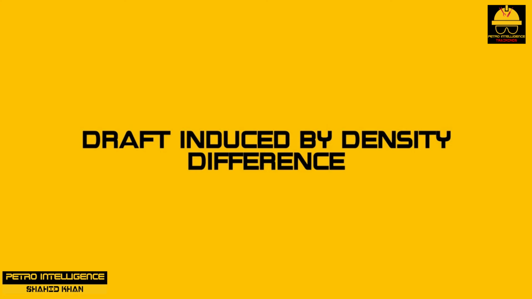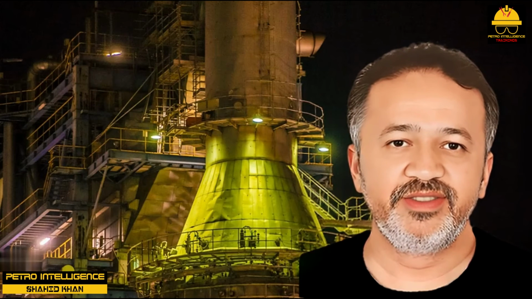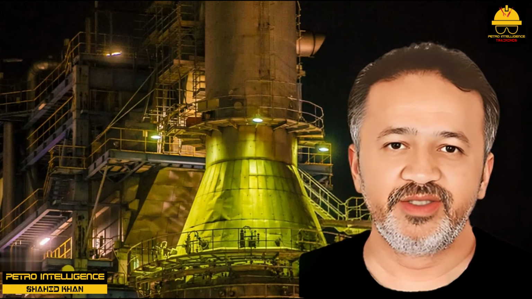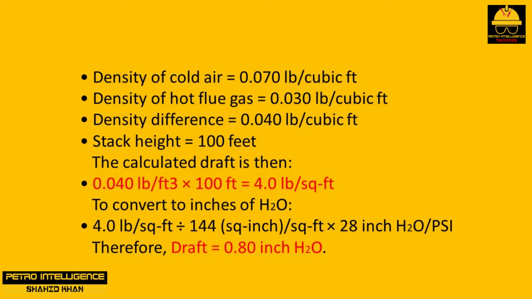Draft induced by density difference. Draft is mainly due to the density difference between the hot flue gas and the ambient air. Draft is also a function of the height of the stack. For example, density of cold air equals 0.070 pounds per cubic feet. Density of hot flue gas equals 0.030 pounds per cubic feet. Density difference equals 0.040 pounds per cubic feet. Stack height equals 100 feet. The calculated draft is then